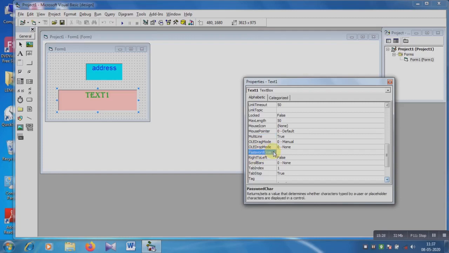Follow my mouse pointer very carefully. Now it is blank, but if you choose any character, when you type, only this character is printed. Suppose I am choosing the star, see, the star appears on the label text.